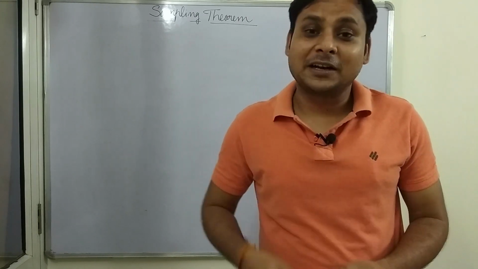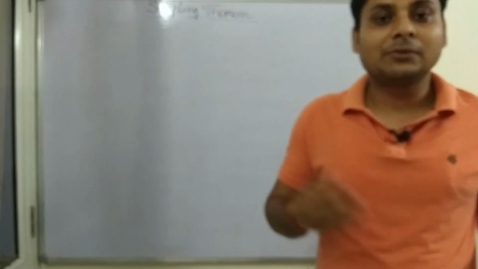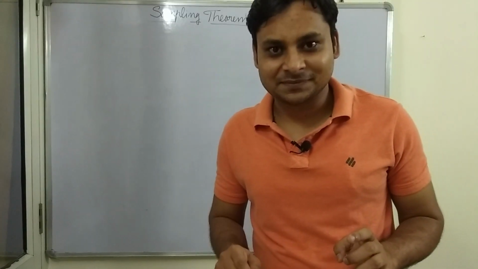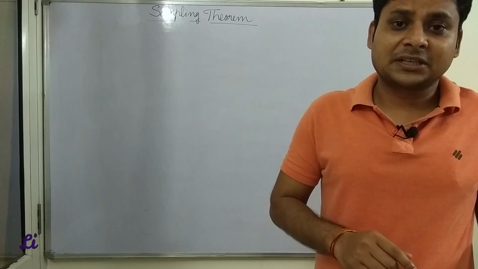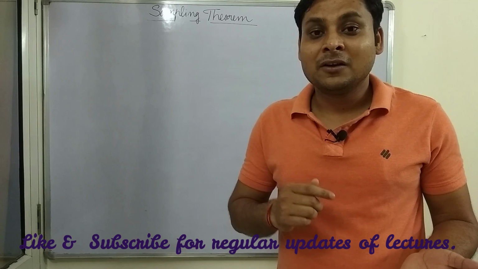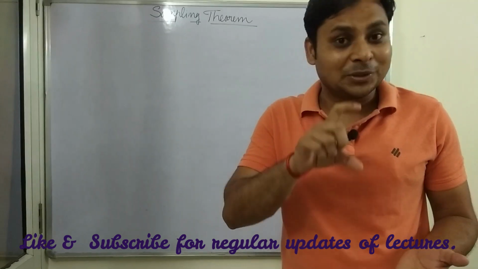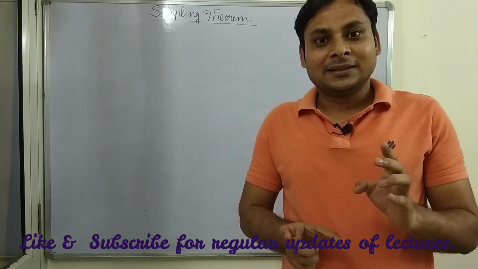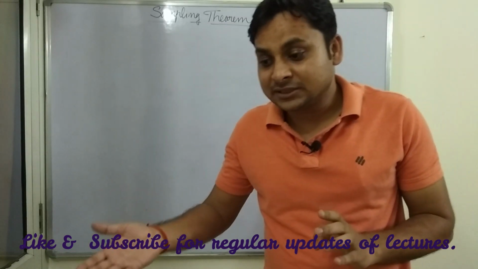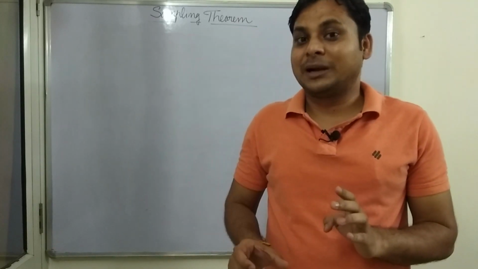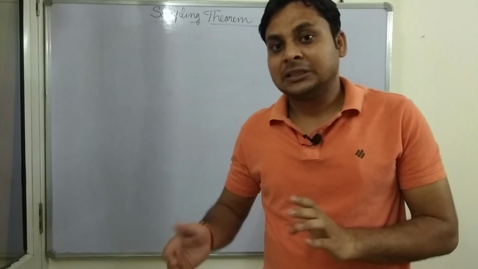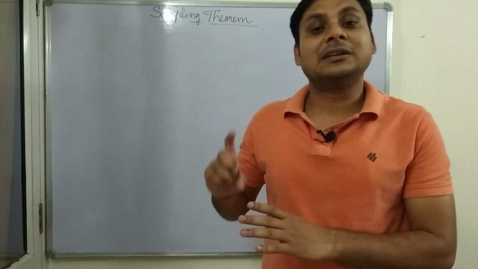Now, the process of converting a continuous time signal into a digital signal has two steps. First is sampling, another is quantization. In sampling, we convert a continuous time signal into a discrete time signal. A discrete time signal is a signal which is continuous in amplitude but discrete in time. Then this discrete time signal is converted into a digital signal using a quantizer. That digital signal is one in which both time and amplitude are discrete.